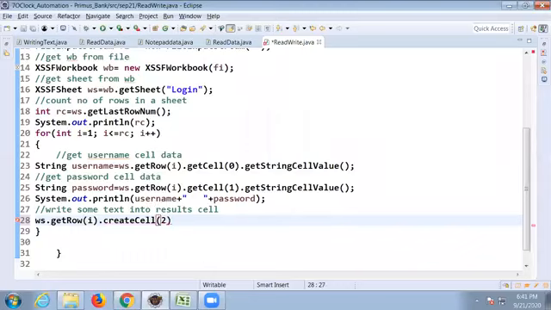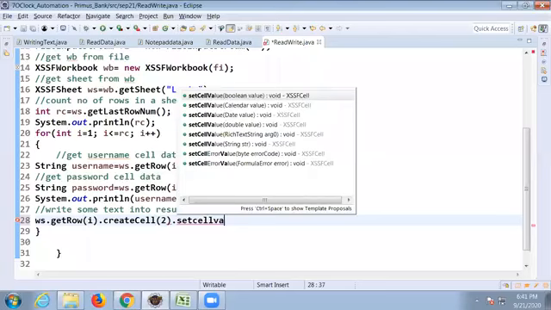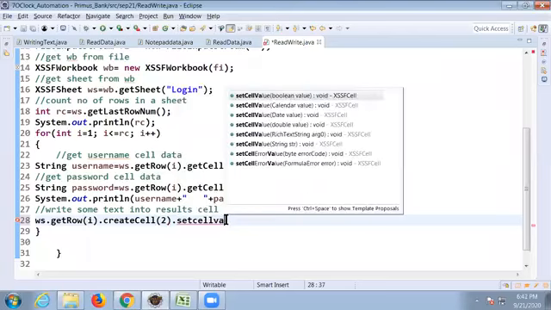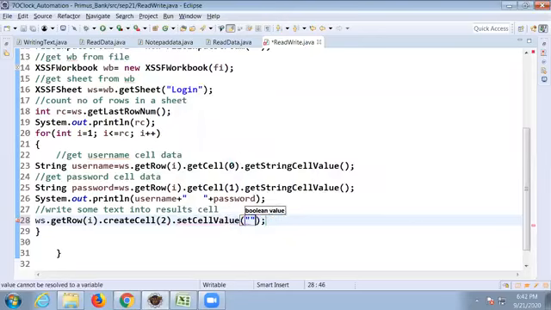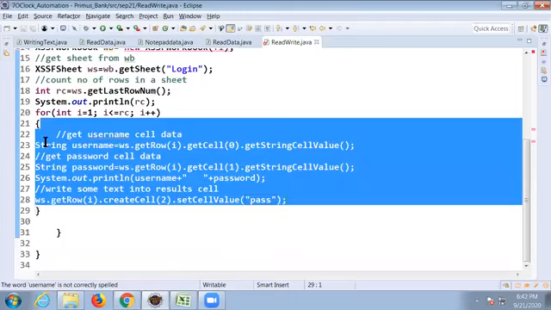What do you want? Dot set cell value. Right? Dot set cell value. What do you want to write? I want to write pass. In all rows, same value, write pass. Don't ask me how to write different values. We'll wait. We'll write different values also. Okay? Okay, done. Now, after completion of this iteration, means after completion of reading and writing in that results